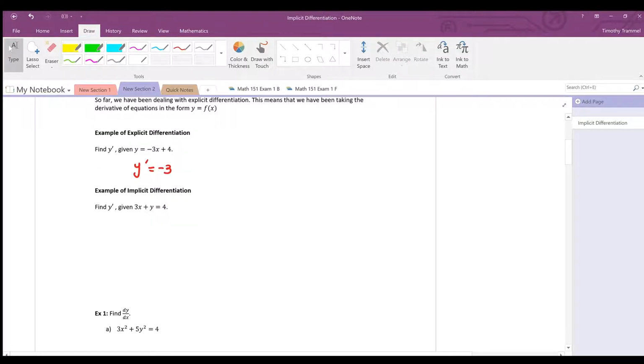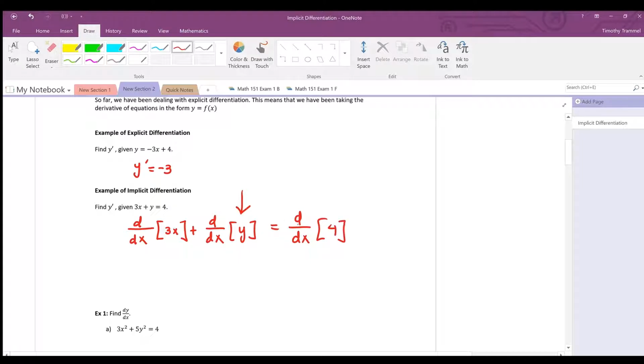Well, in a slightly more challenging problem, we have it not solved for y this time. And the question is, how do you take the derivative then? Well, we could start by taking the derivative like we normally do. We'll take the derivative of each piece. It's just we have this one weird part here, which we'll talk about in a second. But overall,